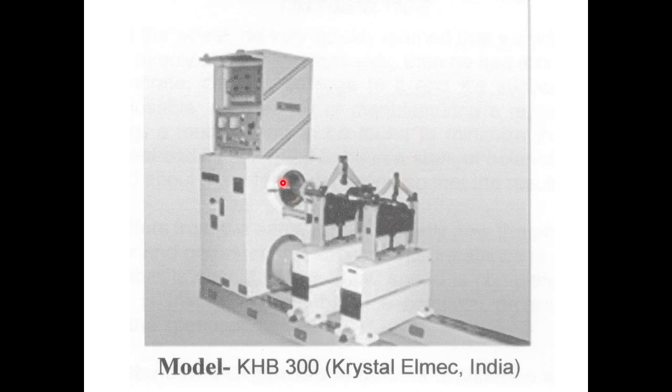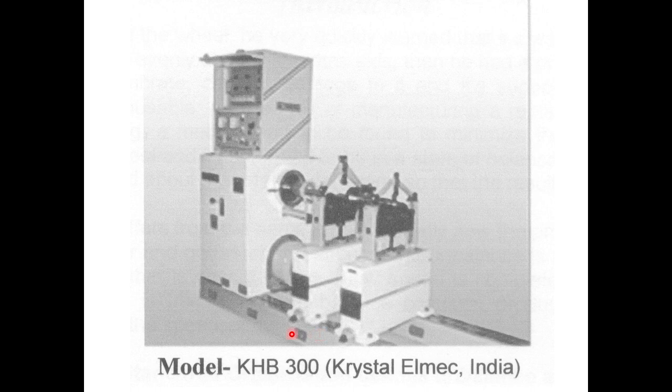So can you identify here? This is a particular bearing. This one is a bearing stand. This one is the other bearing stand. This is the machine. This end is the drive part. There are some controllers there. This is the indicator part on top of this drive part. These are some indicators where we get readings.